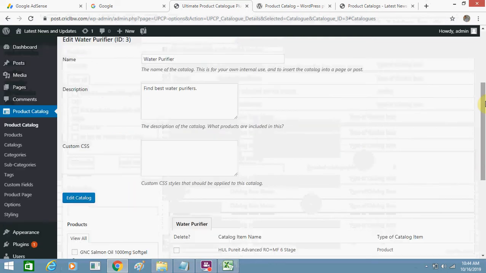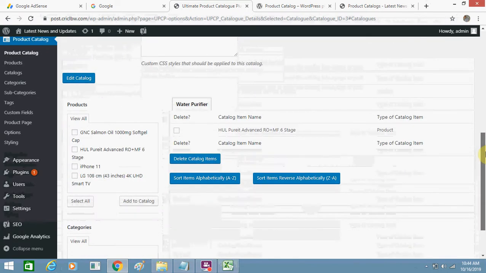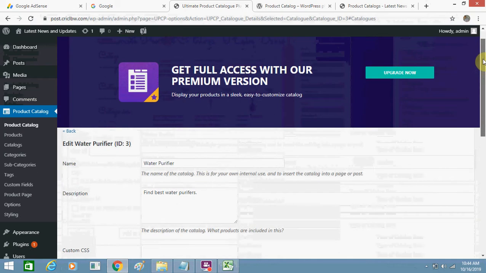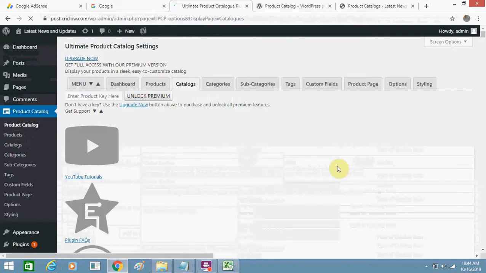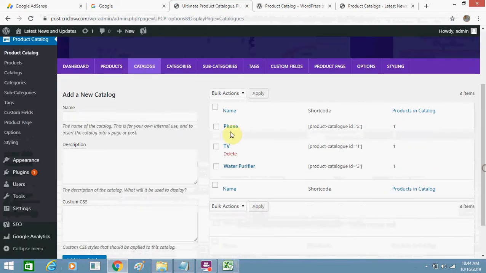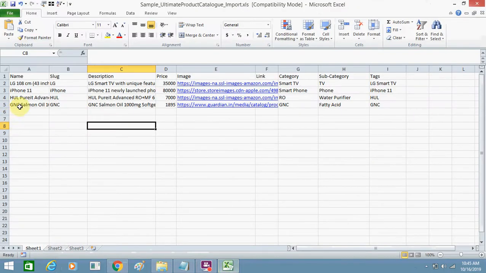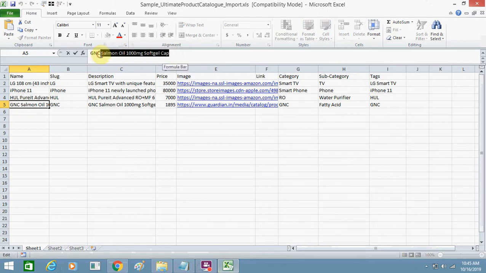Okay, so this product is also added over here. Again I go to catalogs. You can see I have added, similarly, phone, TV, water purifier. I have one more product. This is something like oil.